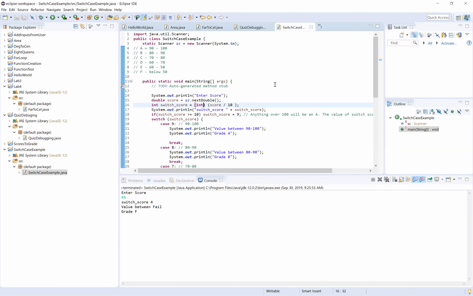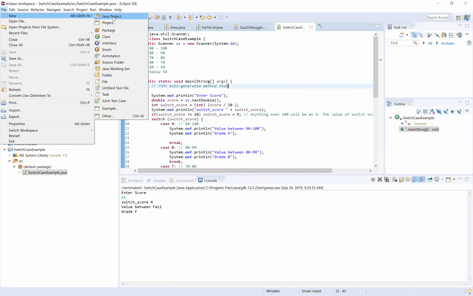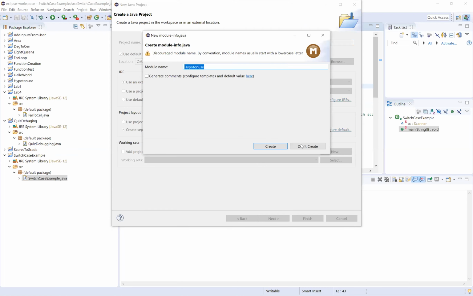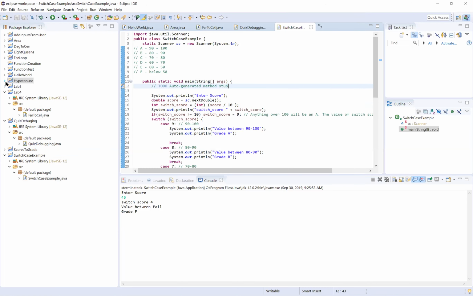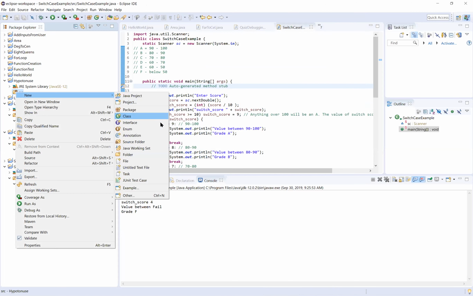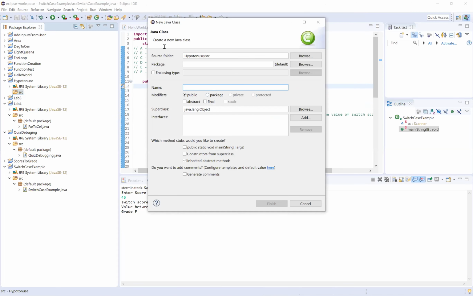So now let's try to program it. How do we program? We're going to create a new Java project called hypotenuse, which is what we're calculating. Create it. So we have the hypotenuse. We do source, then new, then class, and then we say